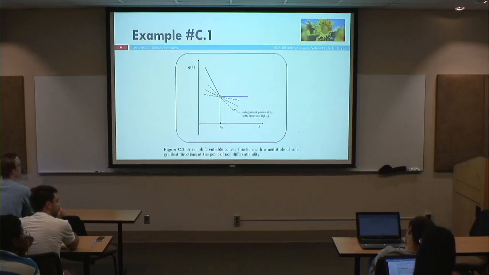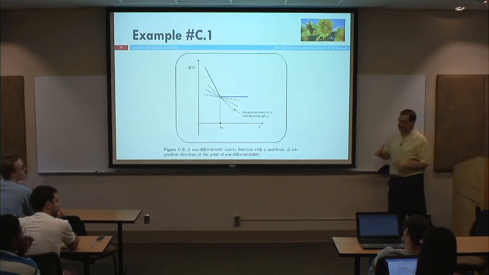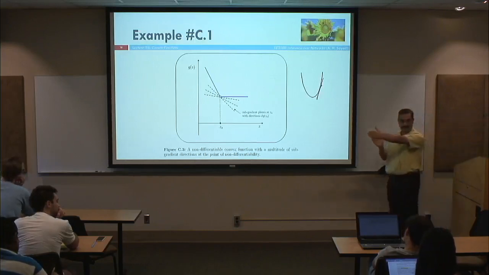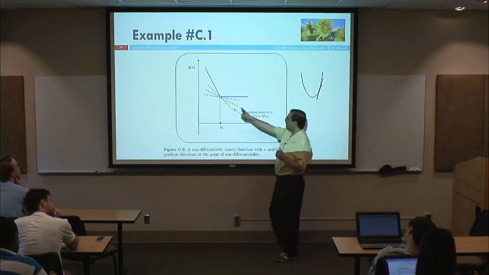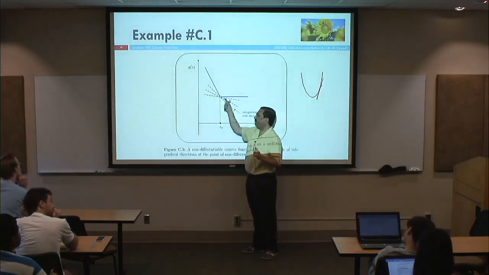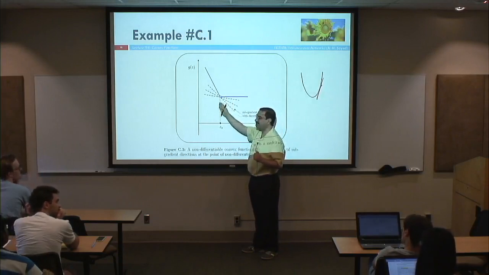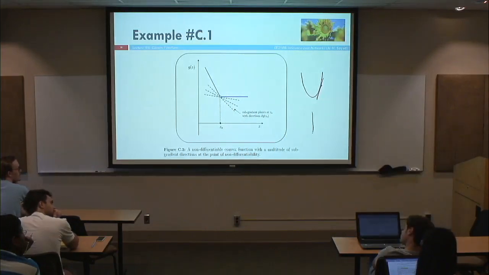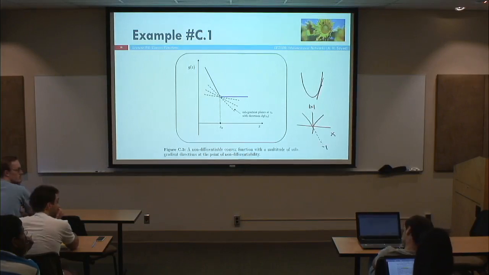However, in this particular case, if you remember, if I have a convex function that's differentiable, the gradient at any particular point is related to the direction of the tangent at that point. In this case where the function is not differentiable, I can have many possible tangents. I can have a range of slopes. For example, let's take this simple example that you are familiar with, the absolute value function. If this is x and this is the absolute value of x, this slope here is -1. That slope there